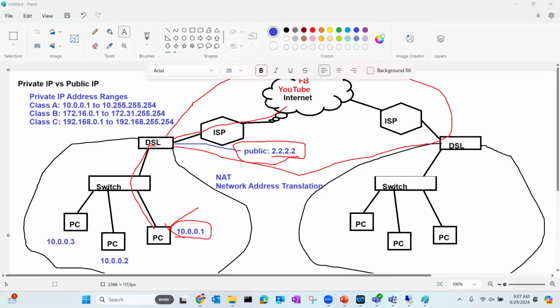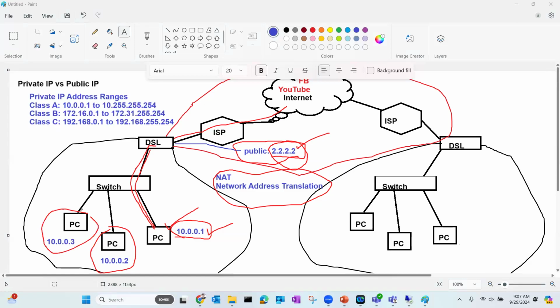If Facebook wants to reply, Facebook doesn't know about this private address; it only recognizes this one. So Facebook will respond to the IP address assigned to this DSL modem, and then the DSL modem will check the network address translation table and forward the packet on the private network. Now the question is, what if we have another user, Sajid, and, for example, Azaz,